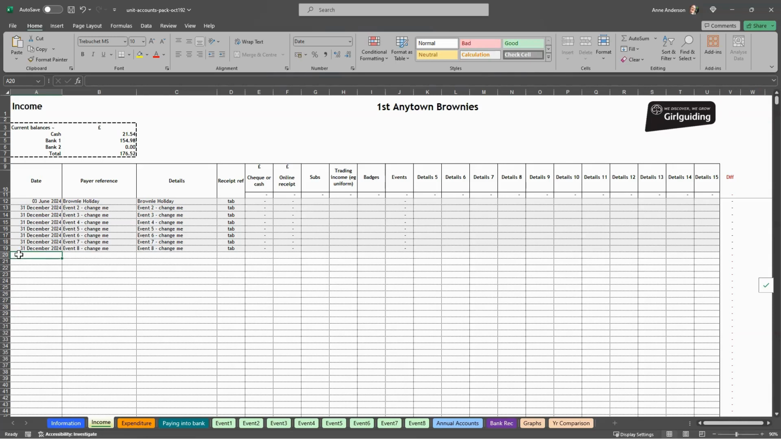income coming in. So we're going to start at line 20, and we're going to put the date that the money comes in. So we're going to meet on the 6th of January at the beginning of term. And Anna Banana brought me her subs. So you're going to put the date, and you're going to put the name of the